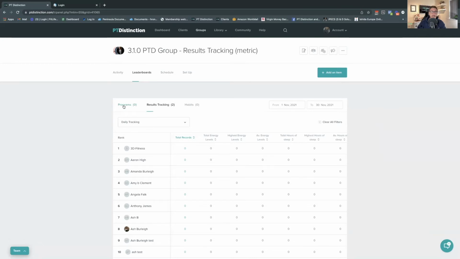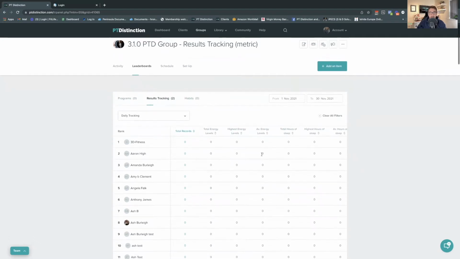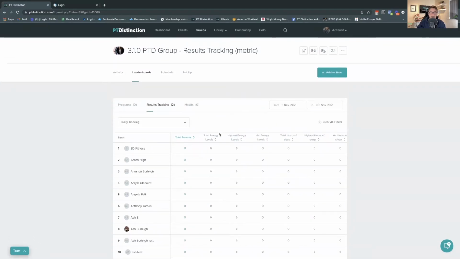And it will only cover things like habits, assessments, results tracking, and programs inside here. So what can you actually use this for? If we take the results tracking one here, it means at a glance we can see how well clients are doing. So if your main KPIs, if you like, for your clients, and we've talked about this